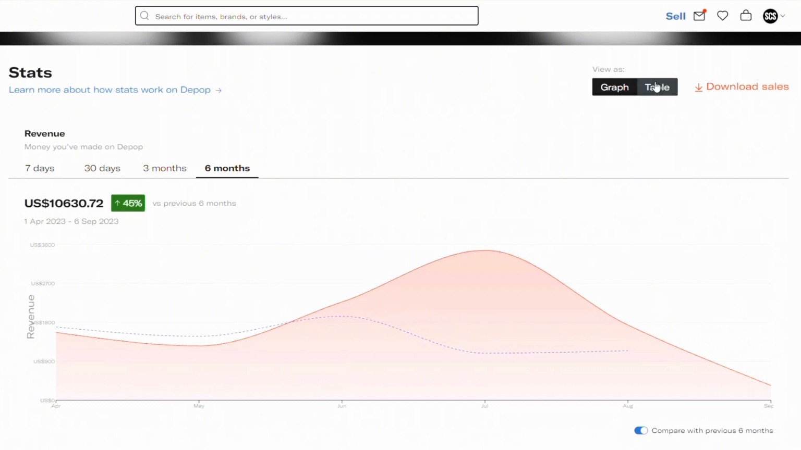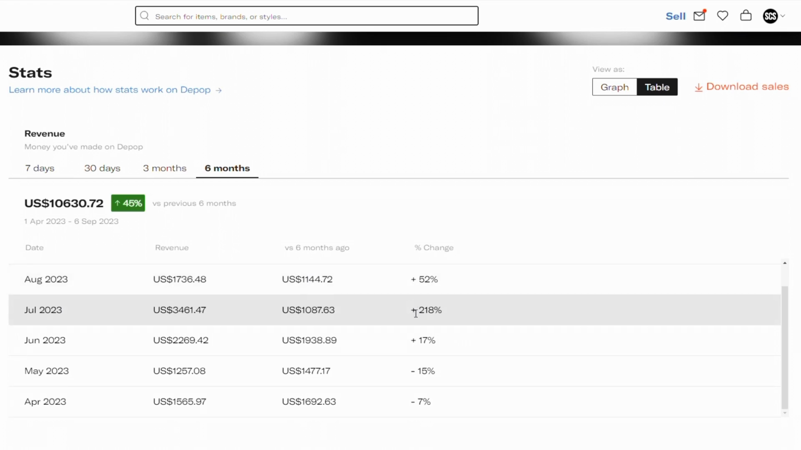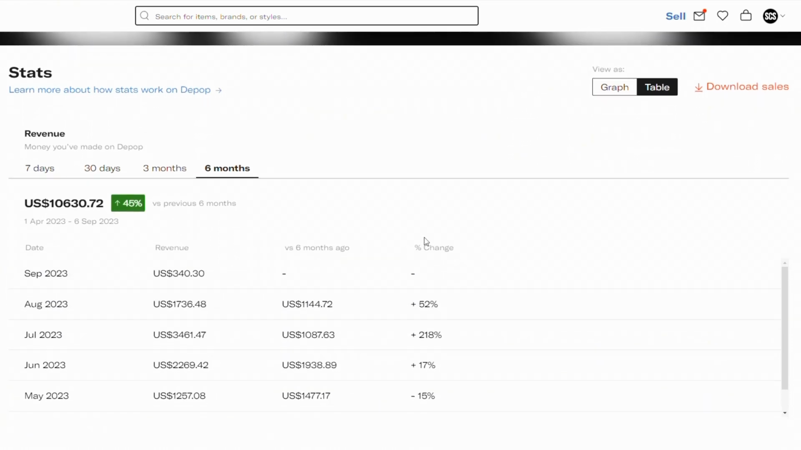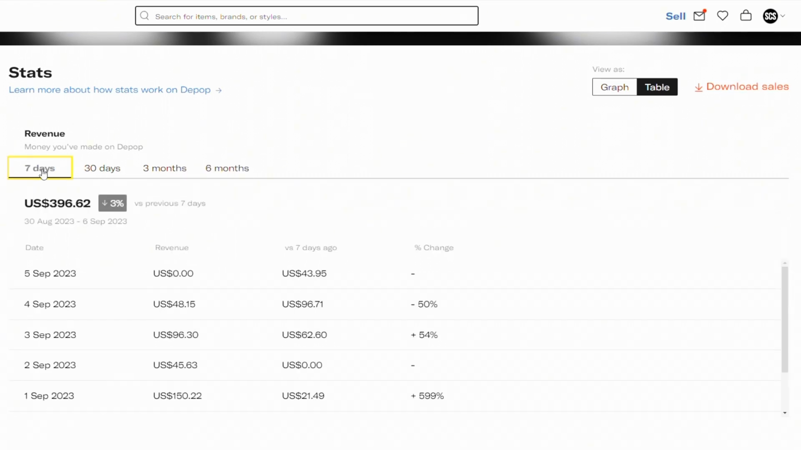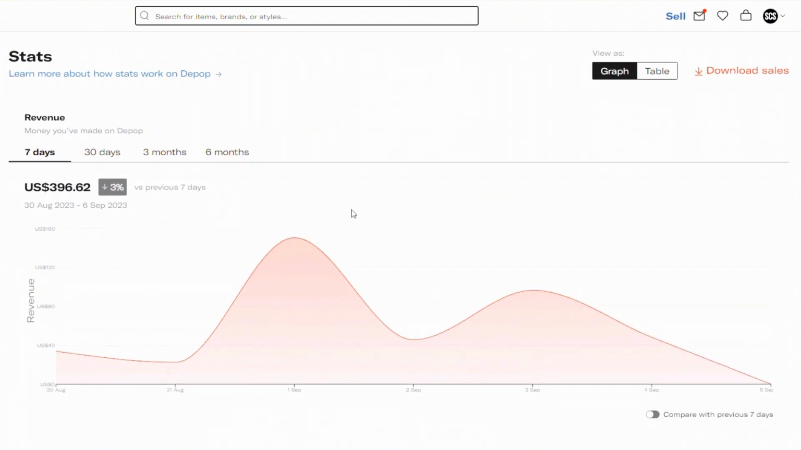looks like right here. So the one problem I have with Depop Stats is that it doesn't have an overall section. It only goes back to a year, and one alternative for this is you can use the download sales button in the top right hand corner, and if you do this from the beginning, you'll have all your sales on file. So that's about all for the revenue section of Depop Stats, but right below this is another part,